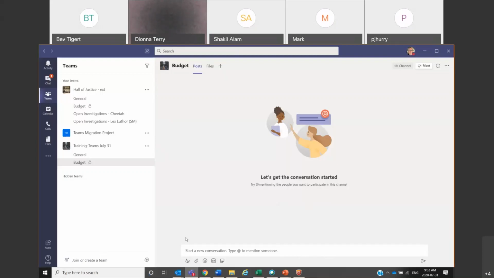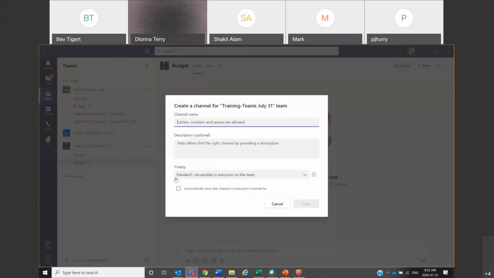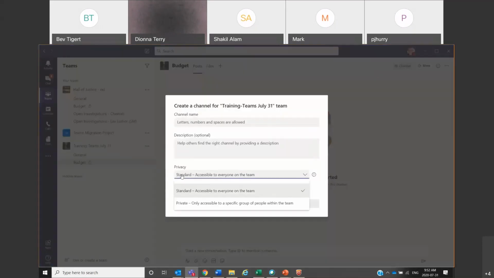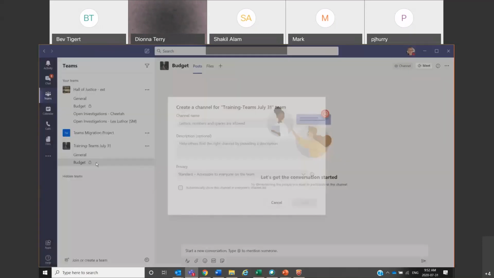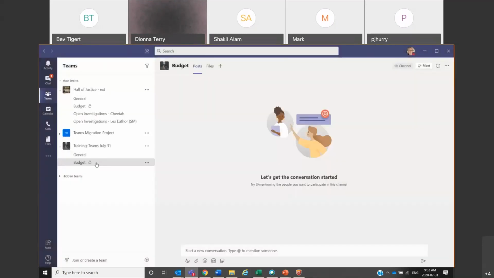Okay. So because you're watching, you've got two screens. Right on my screen, I'm going to go into more options and add a channel. This is where you change the privacy level. And then there's no lock here. The lock actually is right here in my channels list. There it is. Okay, now I see it. Okay, I fixed it, I think.